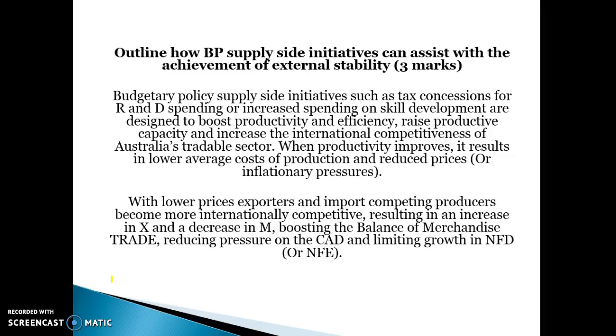Just a little bit of a recap. Explain how budgetary policy supply-side initiatives can assist with the achievement of external stability. So budgetary supply-side initiatives are things like tax concessions for research and development, spending on skill development. Again, it's all based on trying to boost productivity and efficiency, to raise our productive capacity and boost our international